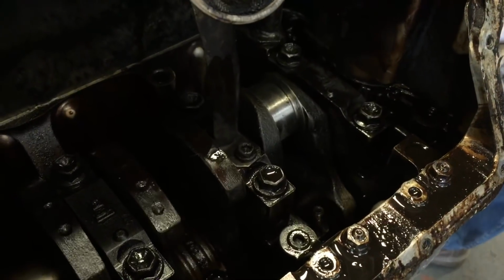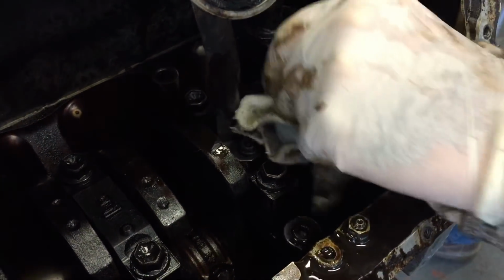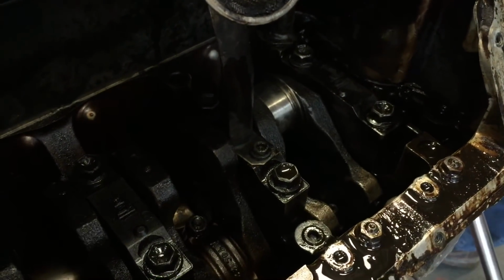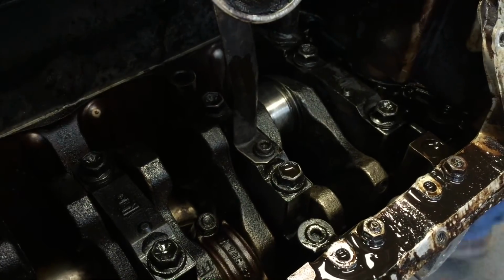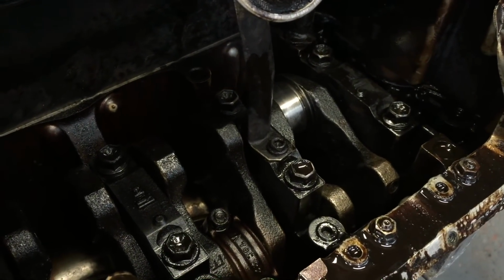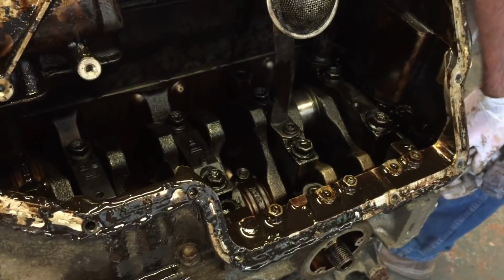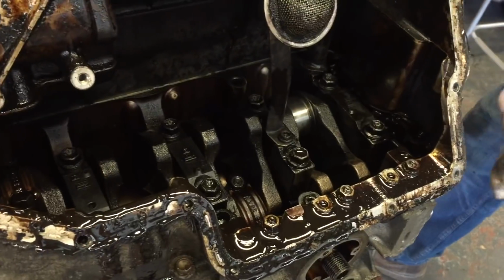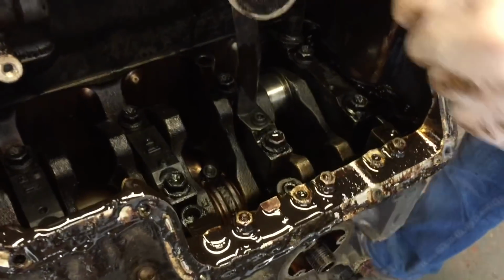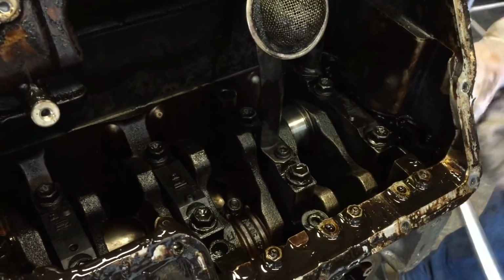The rest of the crank looks alright, doesn't it? There's a little dig there, look. What's the plan? Well, you could grind that or have it reground, and then you need oversized big end shells. The thing we've got to remember with this is it's not going back on the road. This vehicle, Chris, is it? It's purely for round here. For round here. So we can probably get this one rebuilt rather than go down the route of